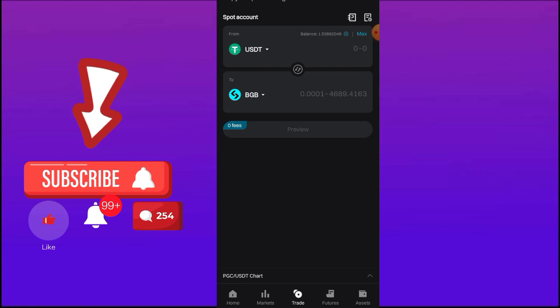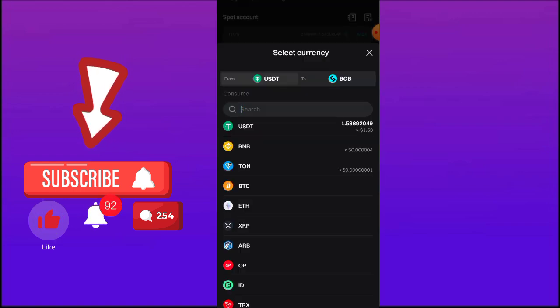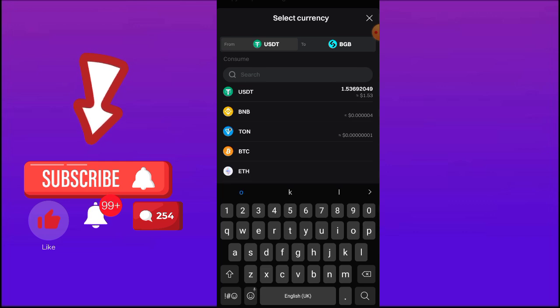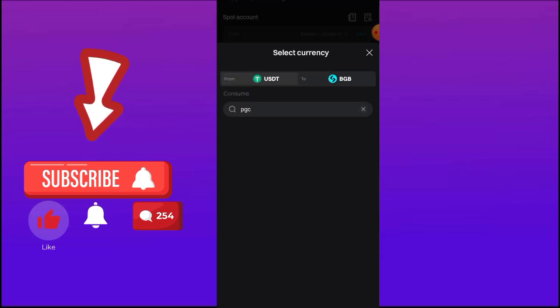Now the next option for you to go for is what? Convert. What convert simply means is that you are converting from one coin to another coin. If you tap on this place you see USDT, just tap on it. Once you tap on it, you will search for PGC. Once PGC is available in your wallet, if you use Bitget to withdraw. So if I search on PGC, I'm just going to hold on. So if I tap on it, okay,